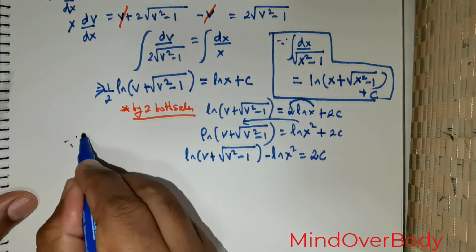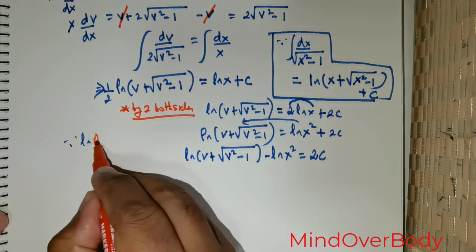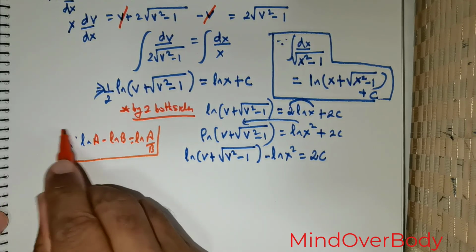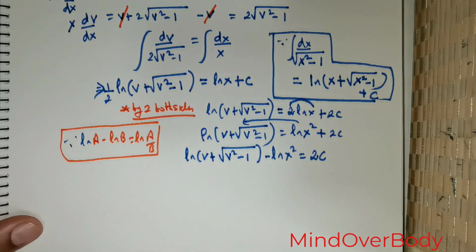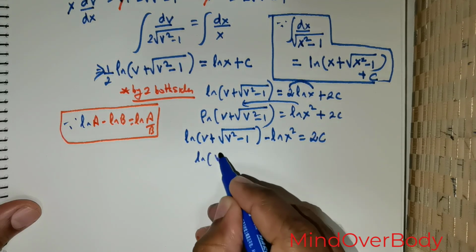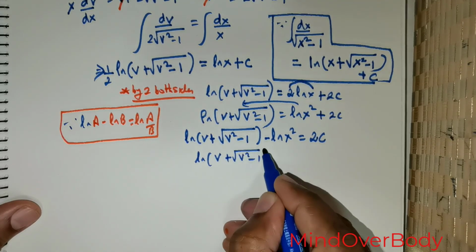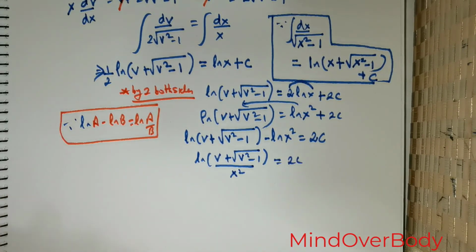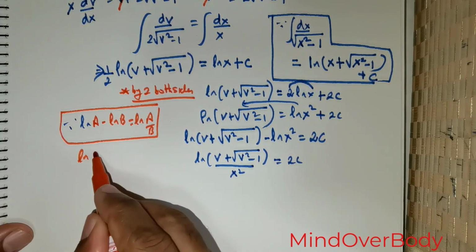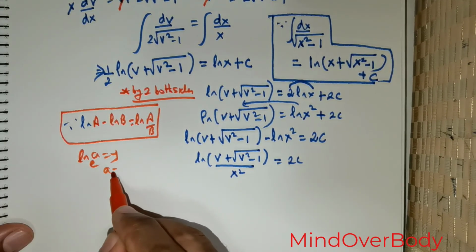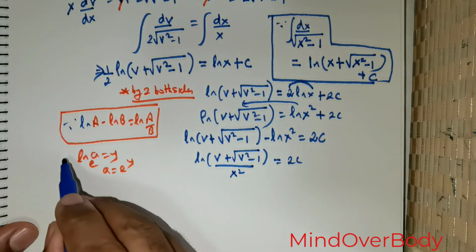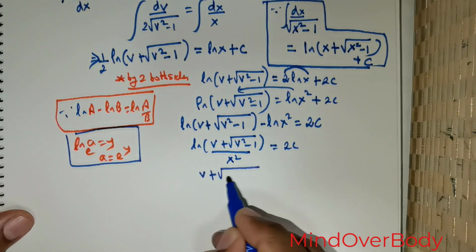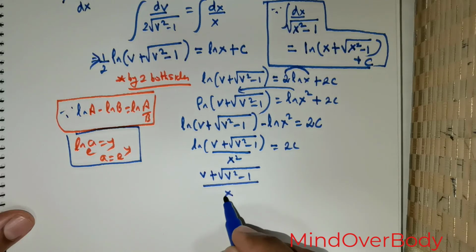Now there is a formula which we know, ln a − ln b is equal to ln of a over b. So by this it is going to be rewritten as ln of (v + root of v² − 1) over x² is equal to 2 times c. There is also another formula which is, if ln a to the base e is equal to y, then a is equal to e raised to the power of y. So by this formula I can write (v + root of v² − 1) over x² is equal